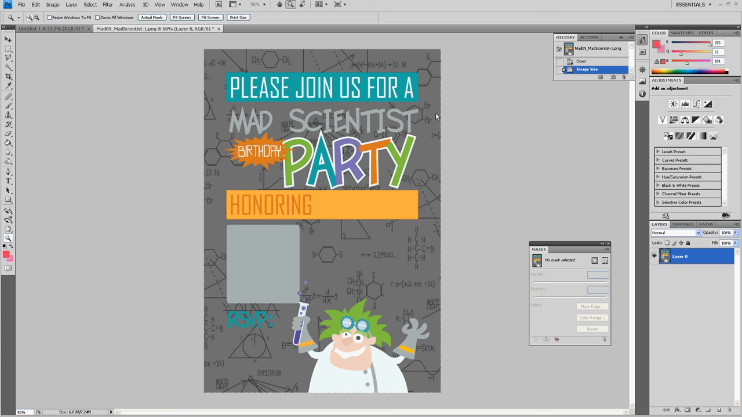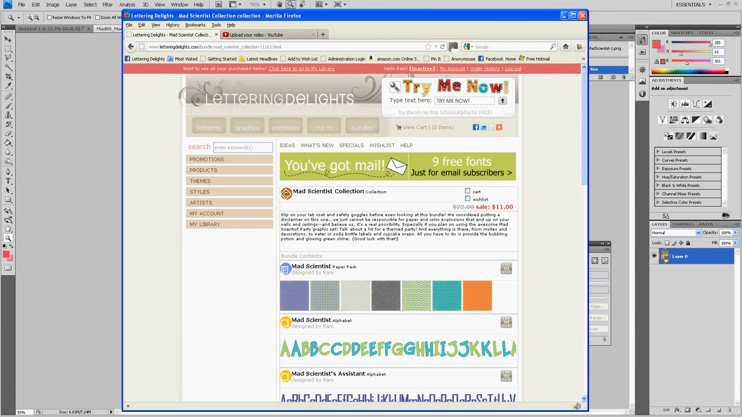Okay, you want to begin by opening your Mad Scientist Party invitation into Photoshop or a similar program. I'm using regular Photoshop. However, if you're using Elements, much of the shortcuts and things that I will be using should be pretty much the same. So once that's open, I'm going to go ahead and go to the LD website and make sure you're logged